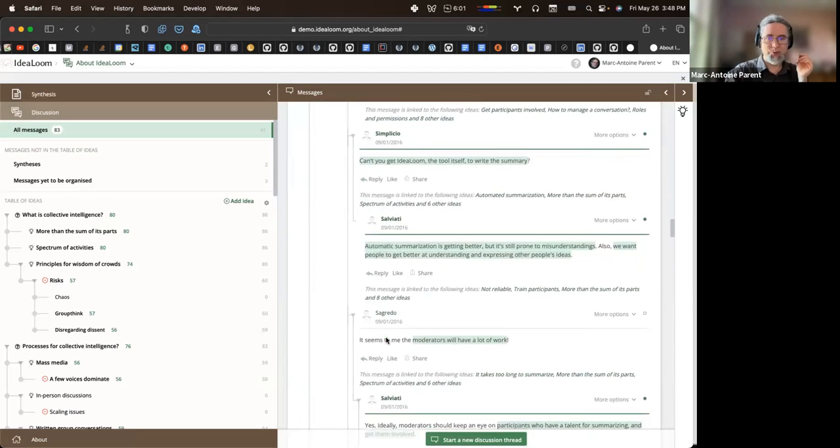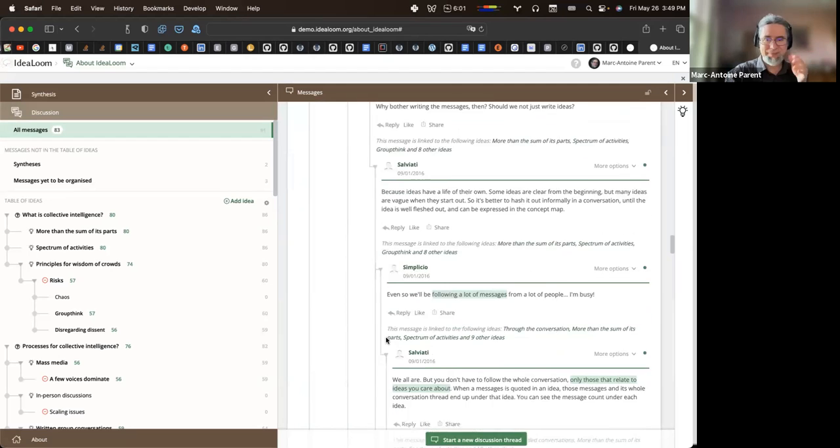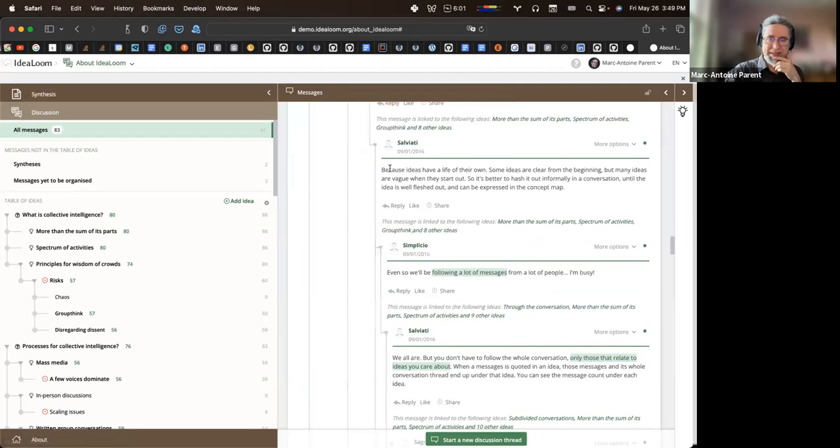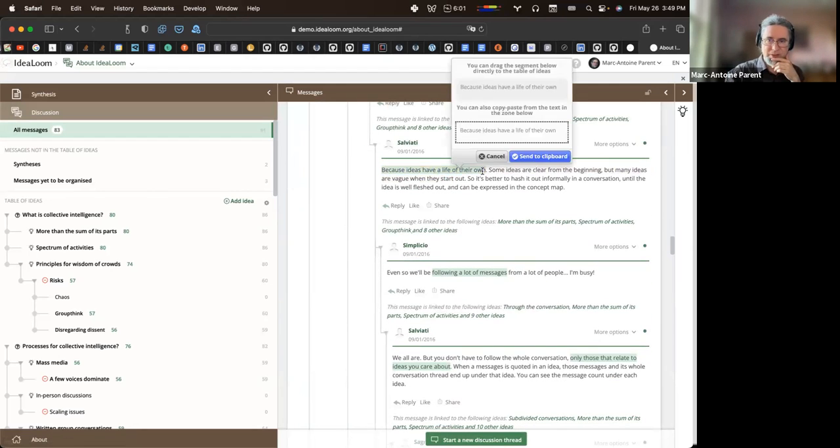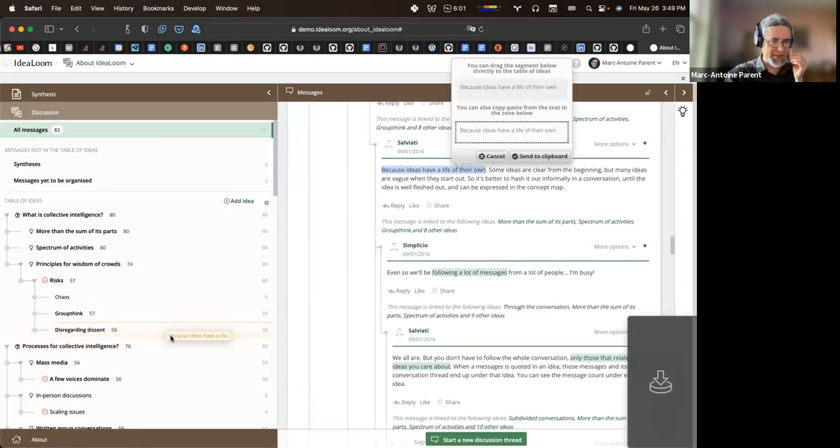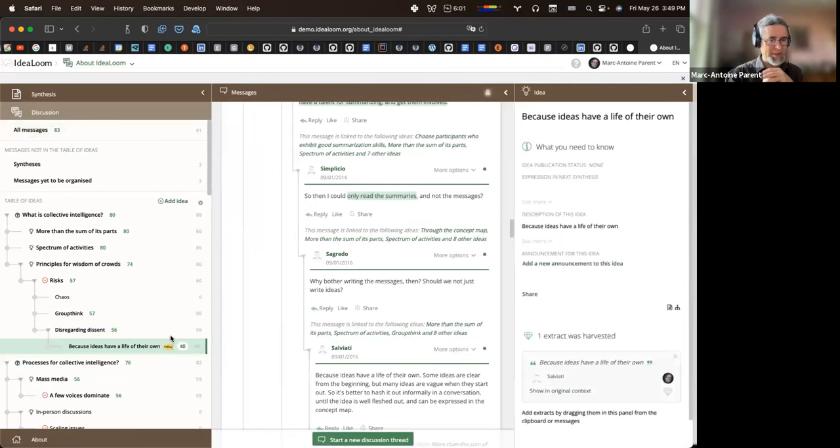So feel free to play. The idea is, if I take something and I say, okay, this is interesting, because ideas have a life of their own, and I say this goes under disregarding dissent. So I'm creating a new idea. And that whole thread, those 41 messages in that thread, are now associated with this through this extract.